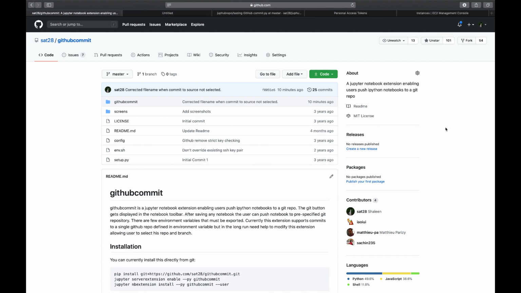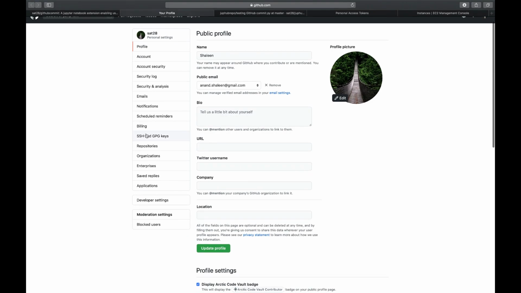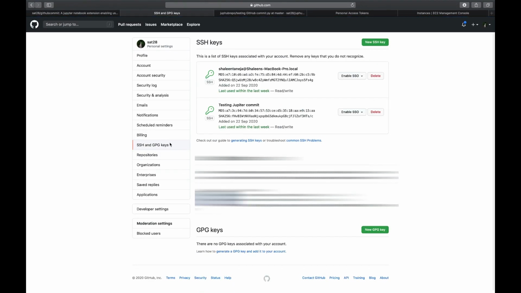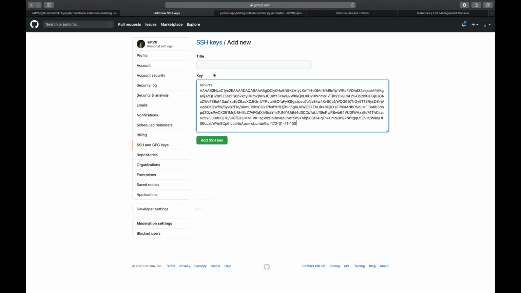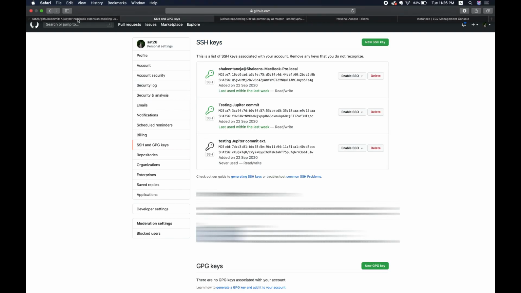If I go to the settings of my profile, I can see this option, SSH and GPG keys. So inside this I will attach my public key. So, testing Jupyter commit extension. I have added this key, and now I'll show you what I will be able to do.